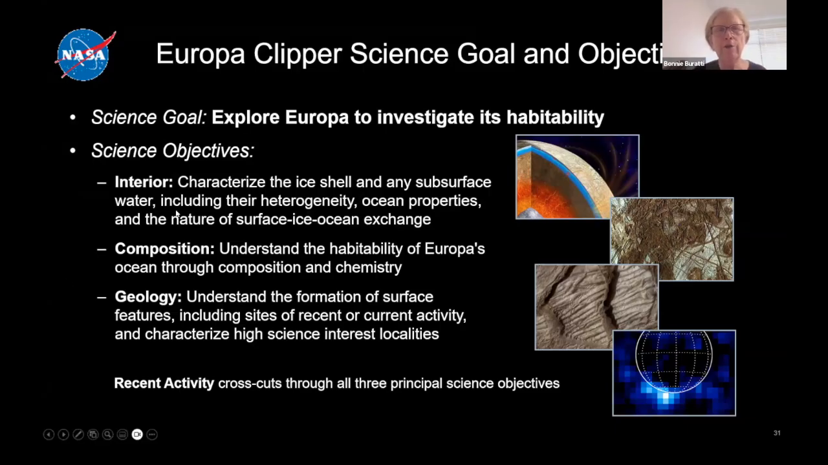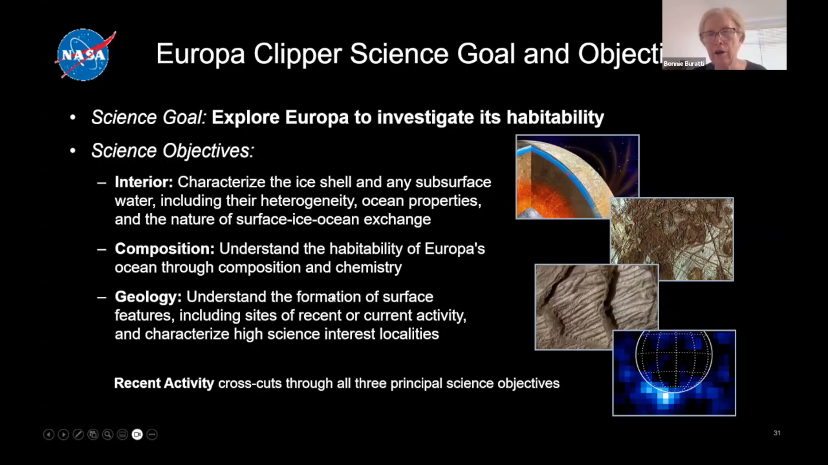Okay, so we're going to look at the interior, which means to characterize the ice shell. We want to know how deep it is. Does it have salt in it? And any subsurface water, because this ice shell may have pockets of water. And then the ocean underneath, we think it's about 80 kilometers. We'd also like to characterize that and understand how deep it is. Understand the composition, understand the habitability of the ocean through composition and chemistry. Are there organic molecules there? And then just to look at the geology, look for surface features, including sites of recent or current activity, and